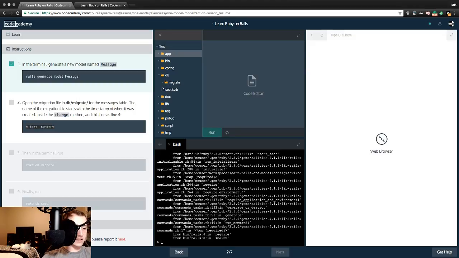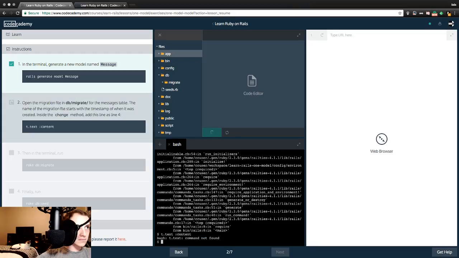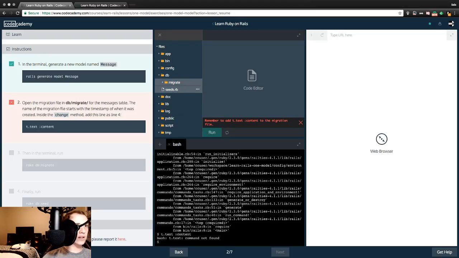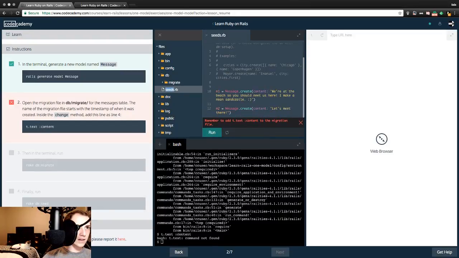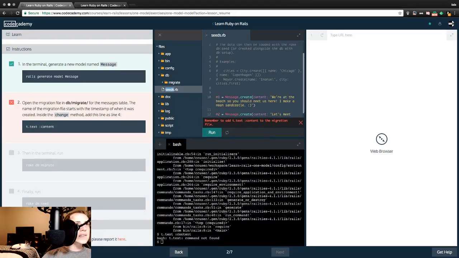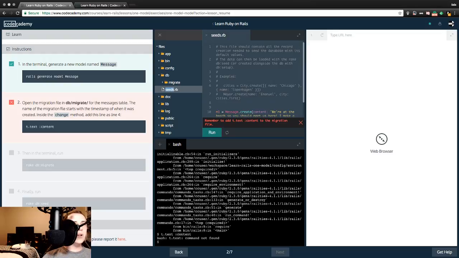I'm just going to put this in. Text content. Remember to add t.text content to the migration file. Here's the migration file. Here's the seed stuff. This file should contain all the records needed to seed the database with its default values. The data can then be loaded with the rake db seed or created alongside the db setup. Example,